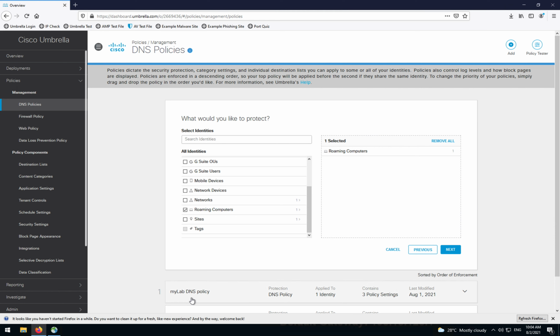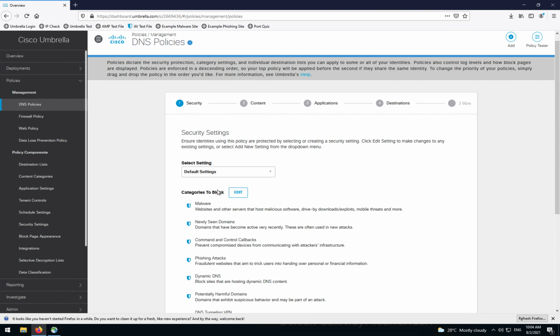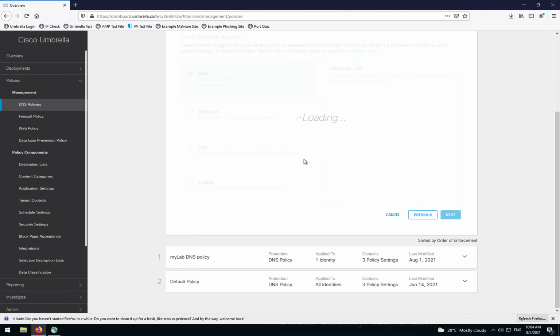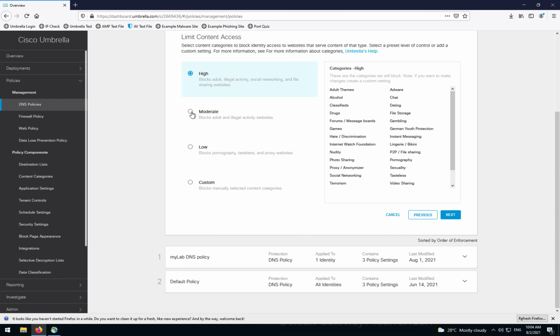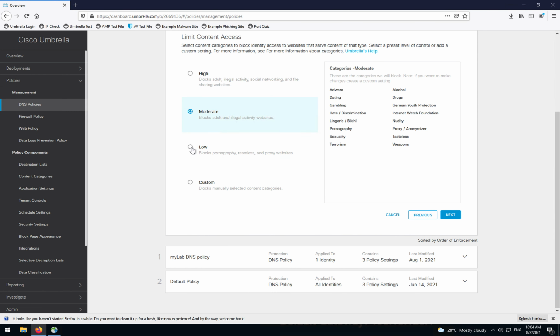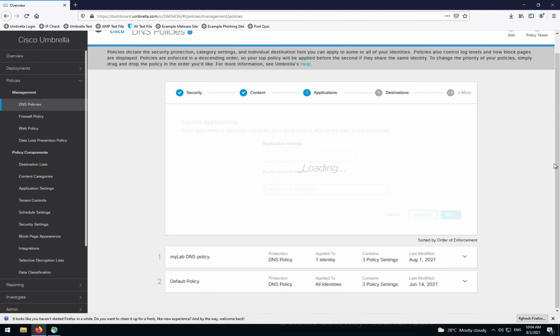Earlier for our DNS policy, MyLab DNS policy, we were using the networks as the identity. But now because of that AnyConnect client being put in place, we can use the roaming computers and create policies based on that, right? Again, we can keep all of this as default. And we can go back to using probably moderate, or in fact we can go to something like low as well. You can see it just blocks pornography and a very small set of websites or categories, right? Let's go to continue,